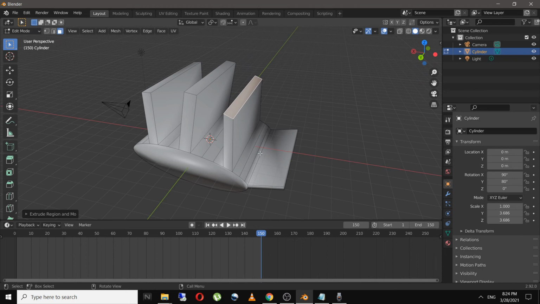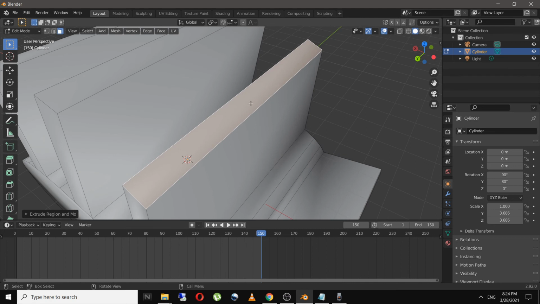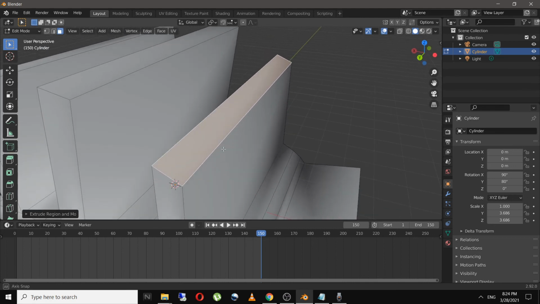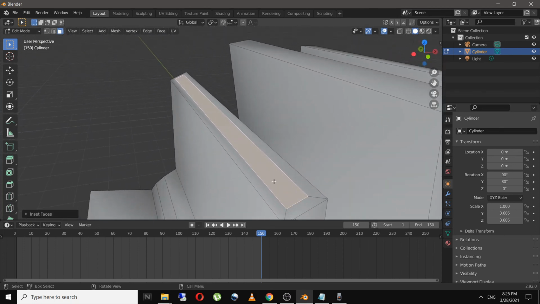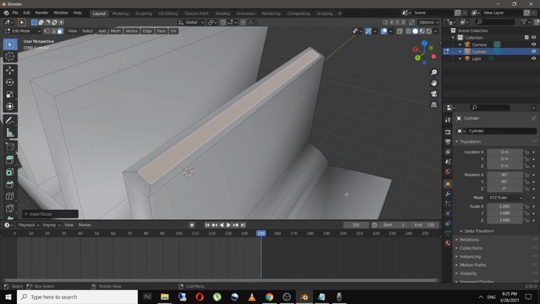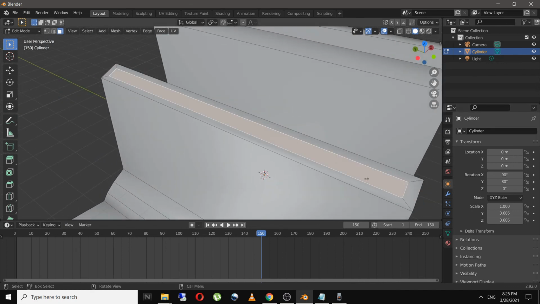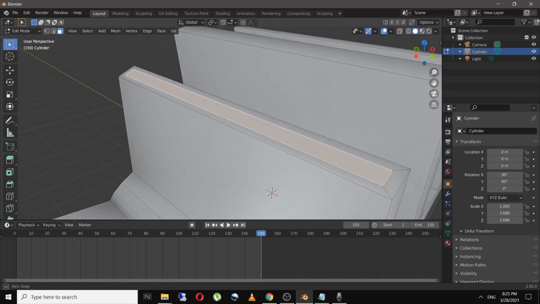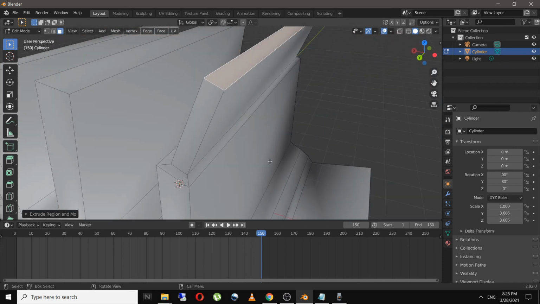And if I want to extrude it again, but with a smaller face now, let's inset this. For that I have to click on I. This will inset the faces just like this, and this is a new face now created. So these are the 5 faces present after inserting. And if I want to extrude this face, I can just click on E and it will extrude just that part. Or for example, if I want to extrude this, it will extrude just that part.